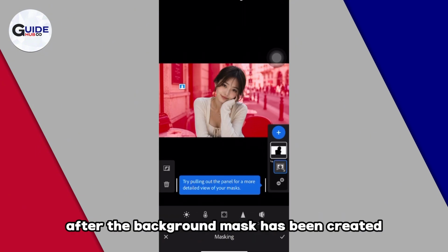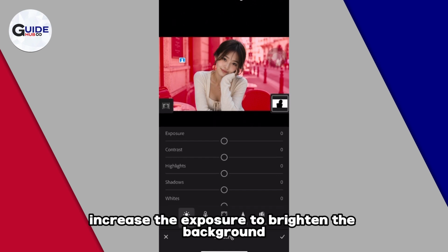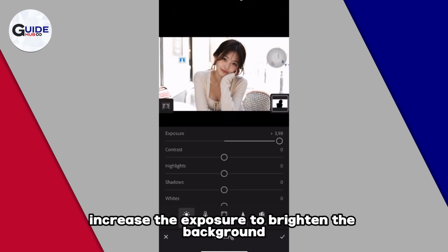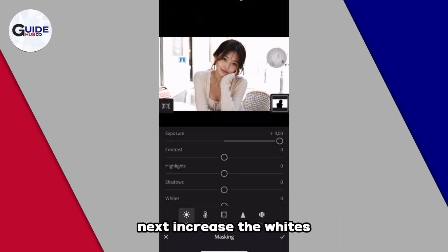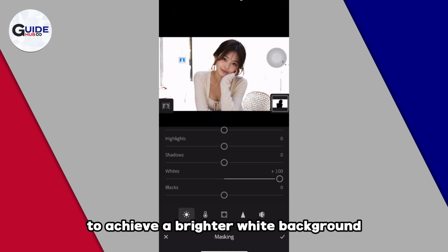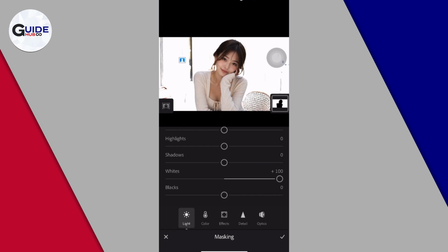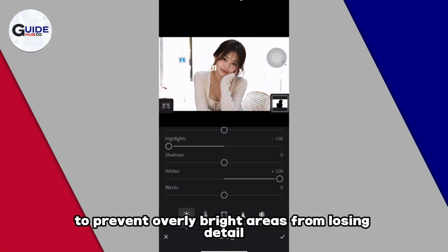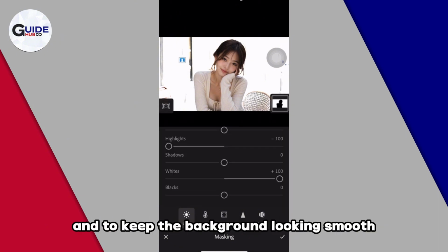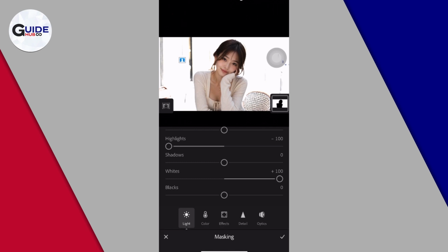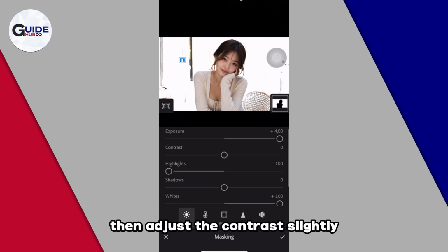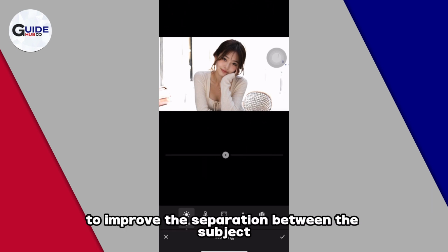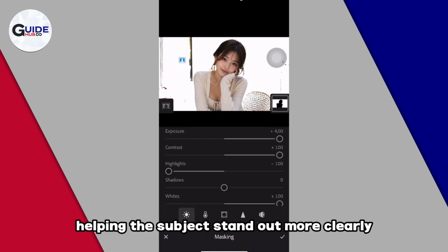After the background mask has been created, increase the exposure to brighten the background and make it appear cleaner. Next, increase the whites to achieve a brighter white background while maintaining a natural transition around the edges of the subject. If needed, reduce the highlights slightly to prevent overly bright areas from losing detail and to keep the background looking smooth. Then, adjust the contrast slightly to improve the separation between the subject and the background, helping the subject